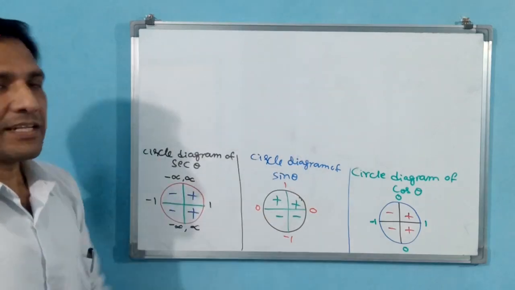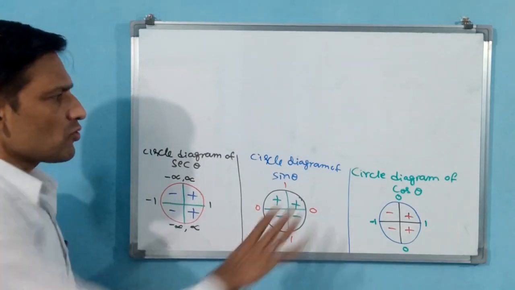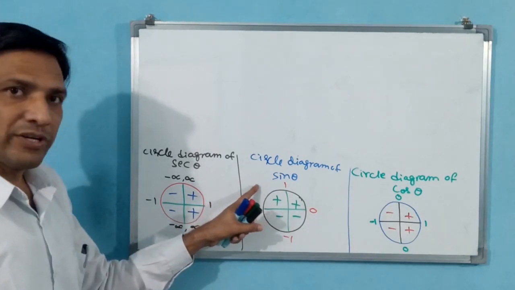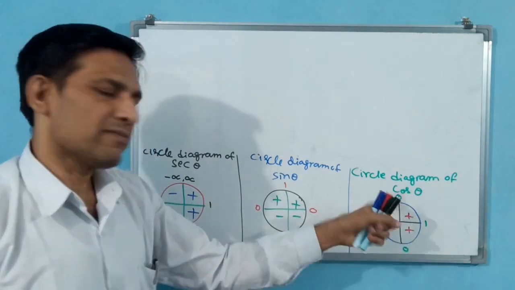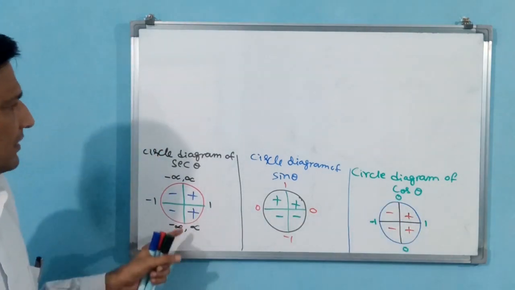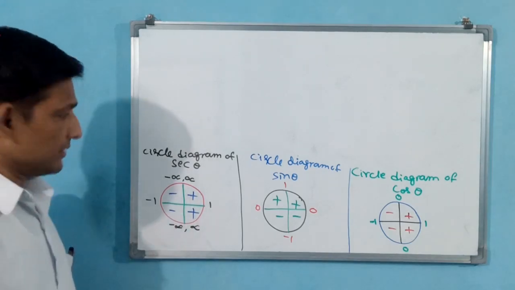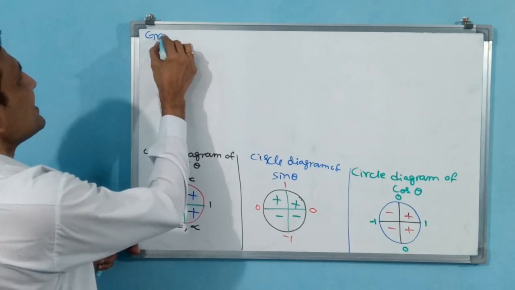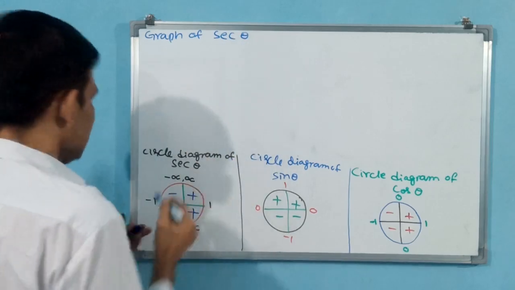Now, let us draw the graph of secant theta also. We don't remove these two. Why? Because cosecant theta, again this we require. At that time we remove this and cosecant theta we will draw here, because further we don't require cos theta. Let us draw the graph of secant theta.